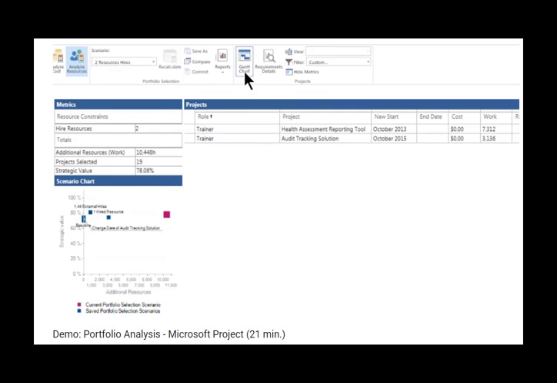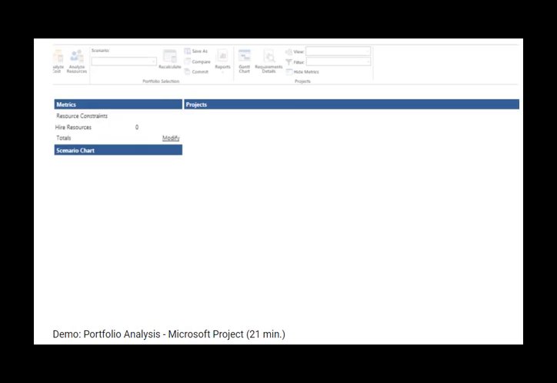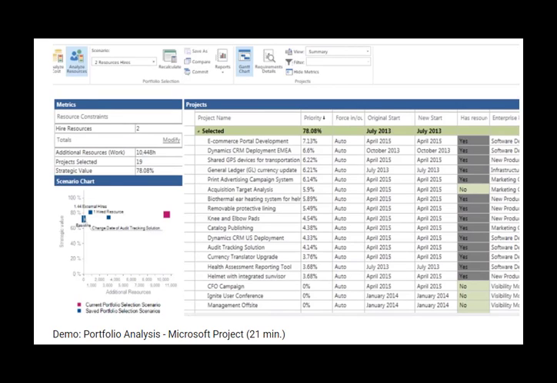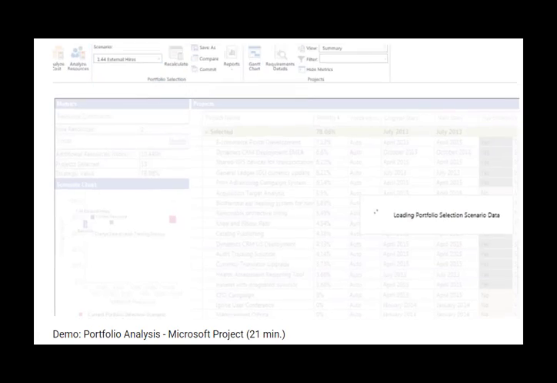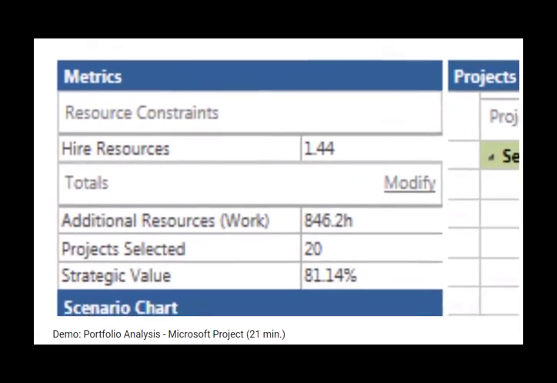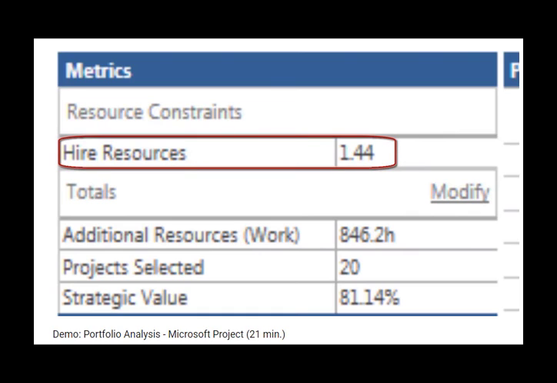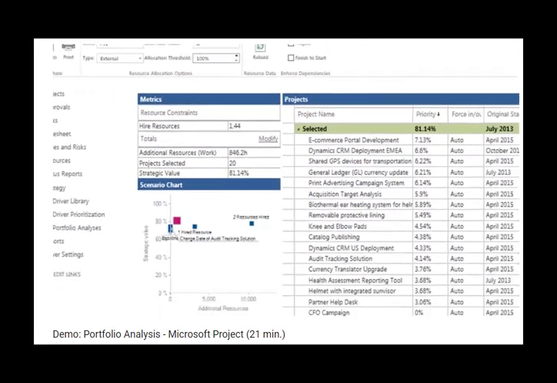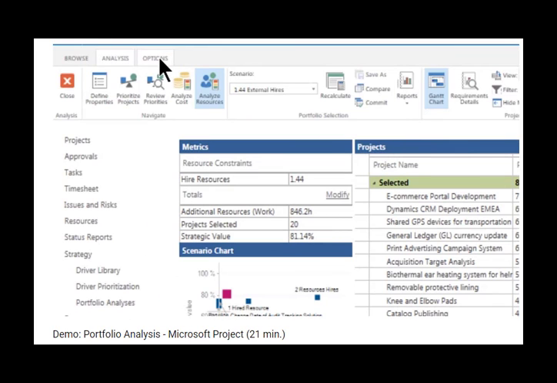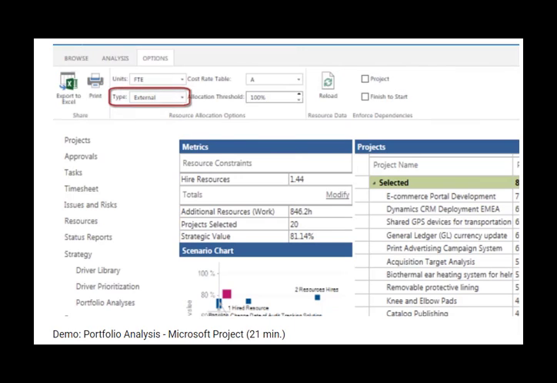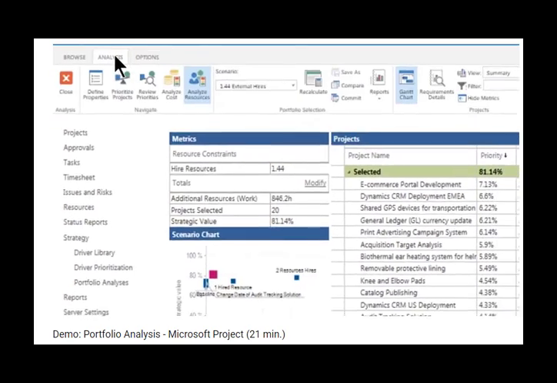One last time, back to the Gantt chart where we enter 1.44 external hires. And note, when we use external hires, we can specify a number such as this because it is an external resource that we can contract out in varying units. Internal or external is specified by going up here in the Options tab and selecting from the Type drop-down. Now, if we return to the Hired Resource Report,